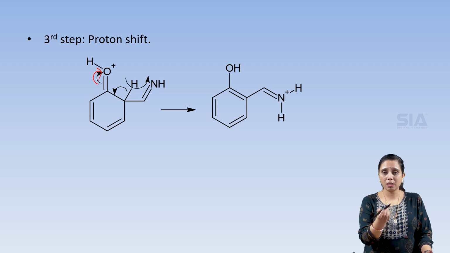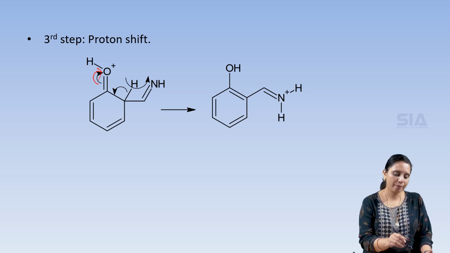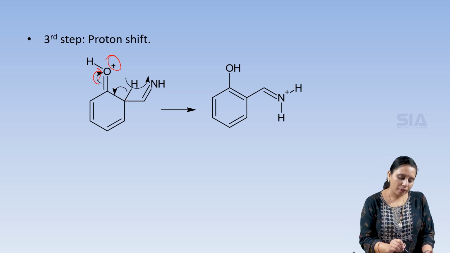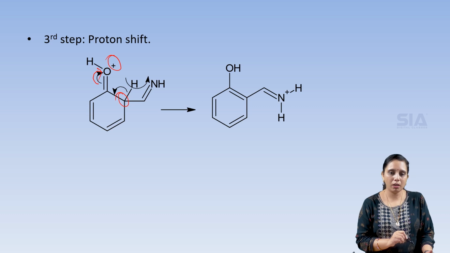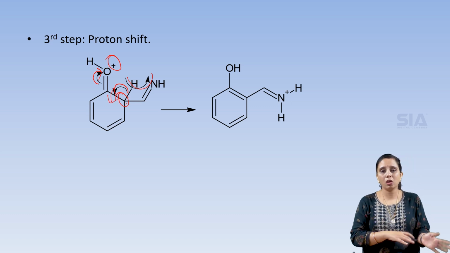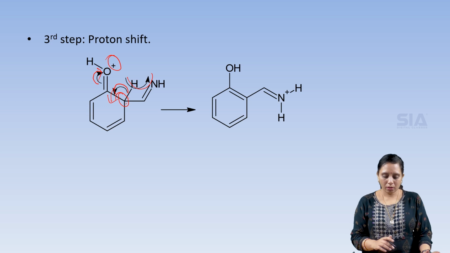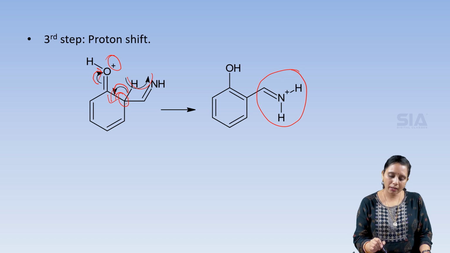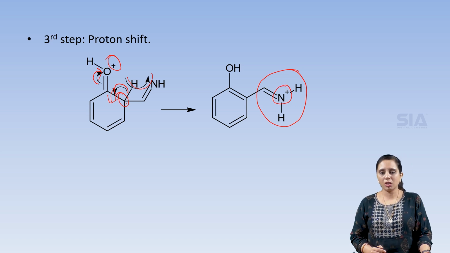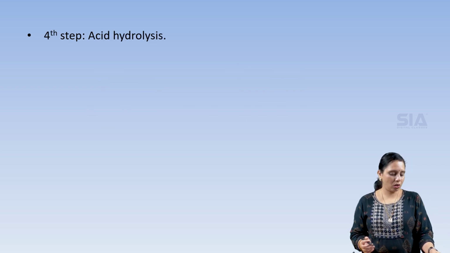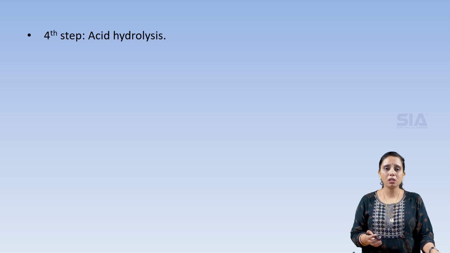As the lone pair has been shifted in the previous step, the oxygen atom will get a slight positive charge. Now the hydrogen which is present at this carbon will be removed, and the bond pair present between carbon and hydrogen is shifted as a double bond, restoring the resonance of the compound, the benzene ring. So here the electrophile has been attached like this, and the nitrogen will get a positive charge because it has 4 bonds surrounding it. So the next step includes acid hydrolysis, that means in presence of acid, hydrolysis takes place.